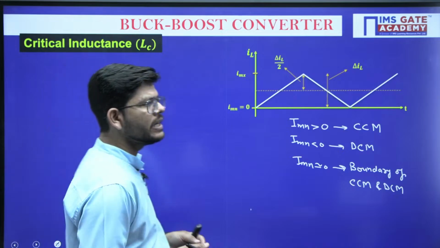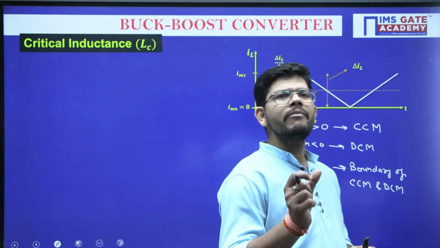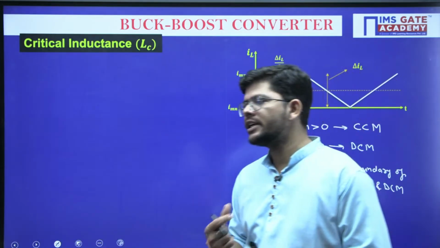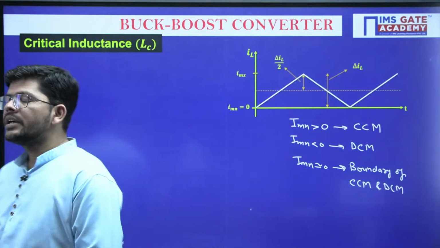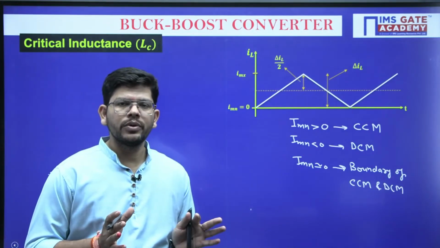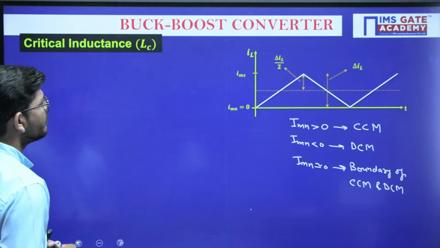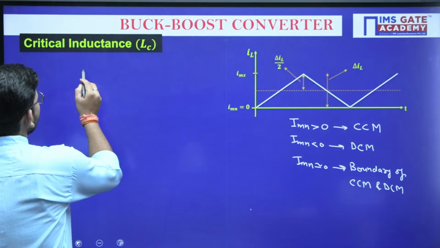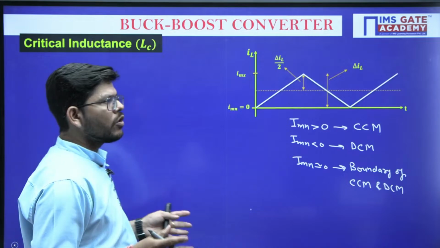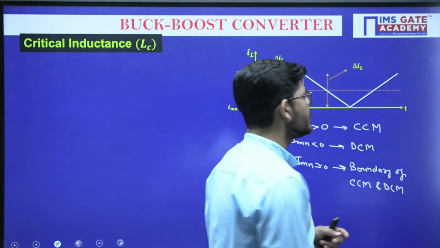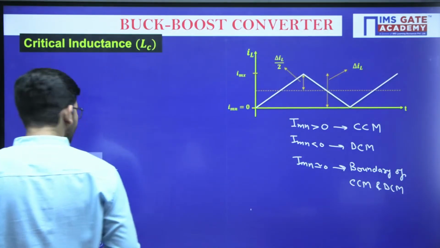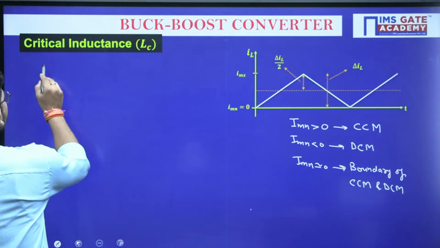So what is this critical inductance? It is the minimum value of inductance that the circuit should have so that continuous conduction can be assured. Okay. So what condition do we have for continuous conduction? If we are talking about the critical inductance, what definition can we write for it? We can write a definition for critical inductance, which will be,